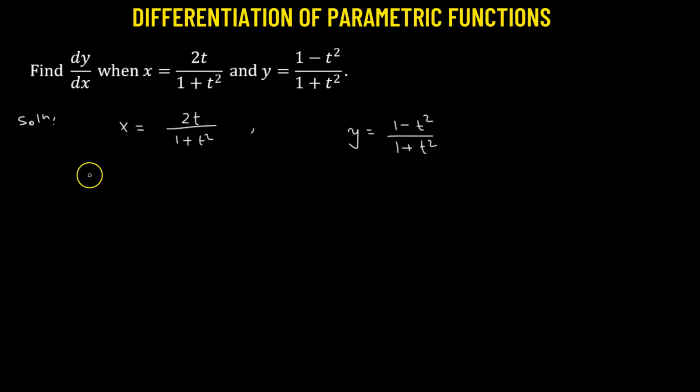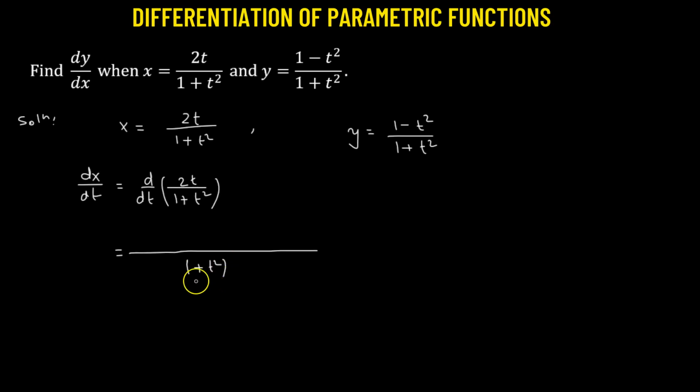What we'll do is take the derivative of x with respect to t. That means we take the derivative with respect to t of 2t divided by 1 plus t squared. Here we'll have to apply the quotient rule. So we have our denominator, which will be 1 plus t squared, whole squared. In the numerator, we start with the denominator expression, 1 plus t squared, and multiply it by the derivative with respect to